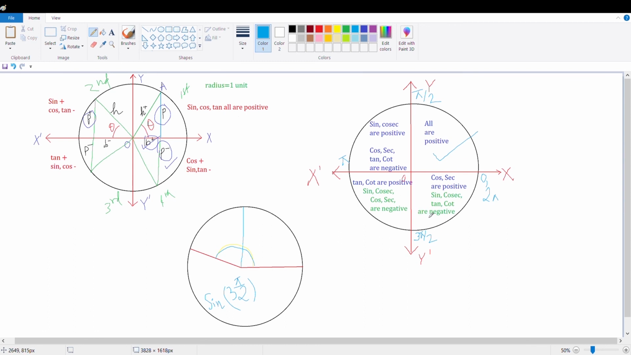Okay, so for this, sine we learn. Understood? Now we have to find the values of sine, cos, and tan. So for that,